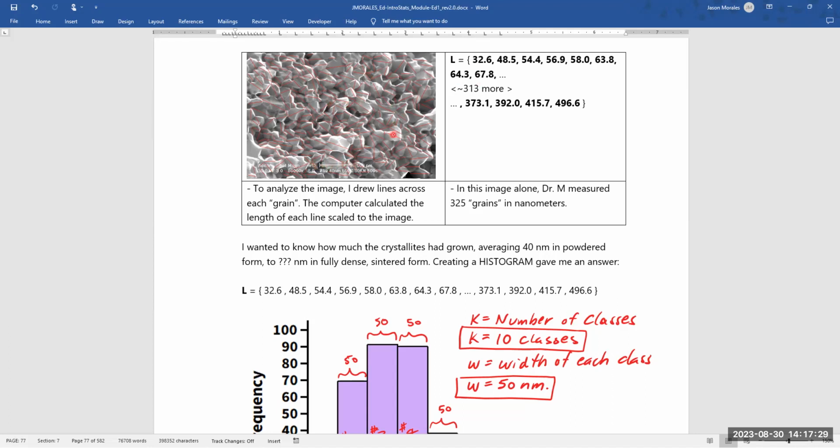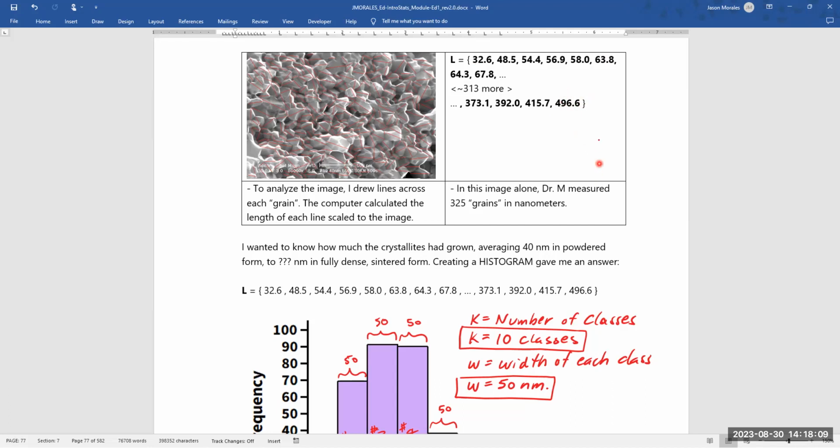And so for every line that I drew, it would create a number, and it would save all of those numbers into a data file. That's what you're looking at here to the right. There was one grain that measured 32.6 nanometers, so a line that was that long, another one that was 48.5, 54.4, 56.9, and so on. And I had maybe 325 grains that I drew in this one image. So minimum size was 32.6, maximum size was